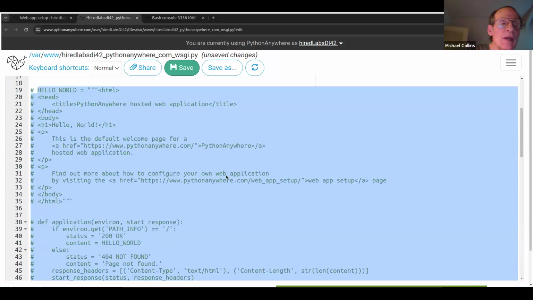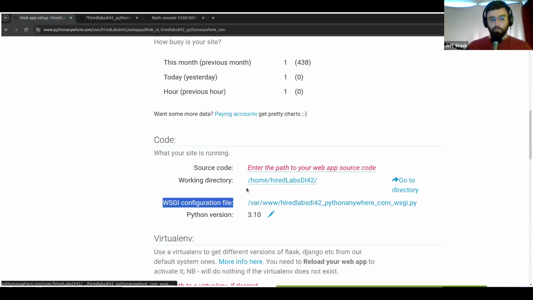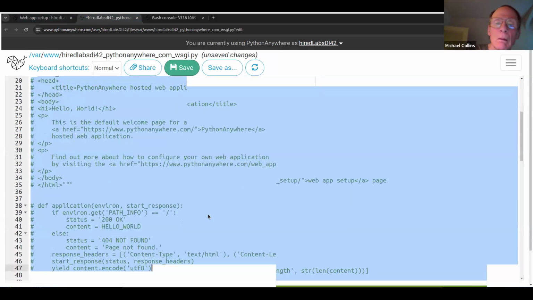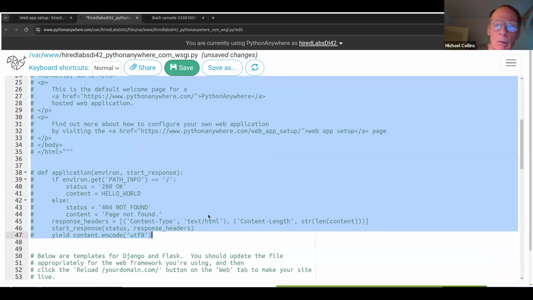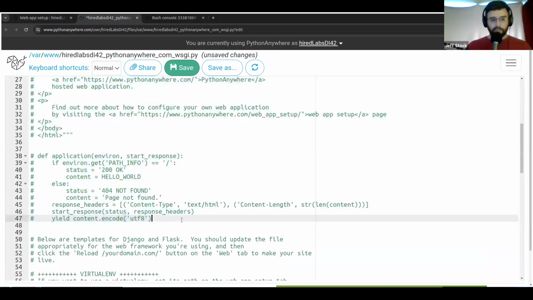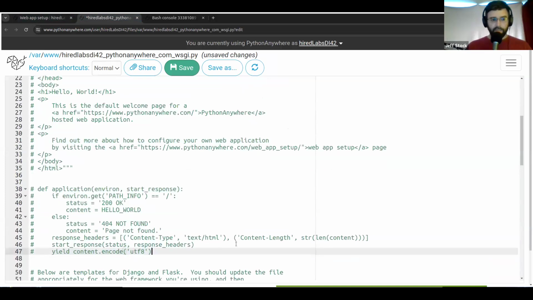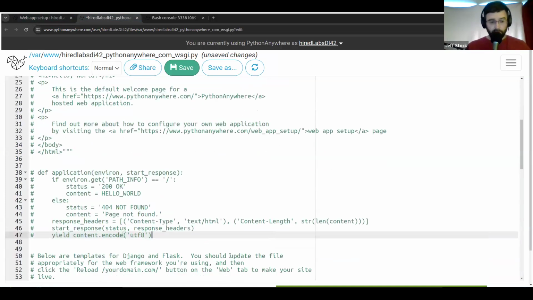This is on your web tab, right? This was on my web tab. I got to this from my web tab. So I opened up this WSGI configuration file from the web tab, and that's where I am now, in this file. Okay. The WSGI file. All right. So we're going to comment out lines 19 to 47 by highlighting them, holding down Control, hitting slash, and it'll put